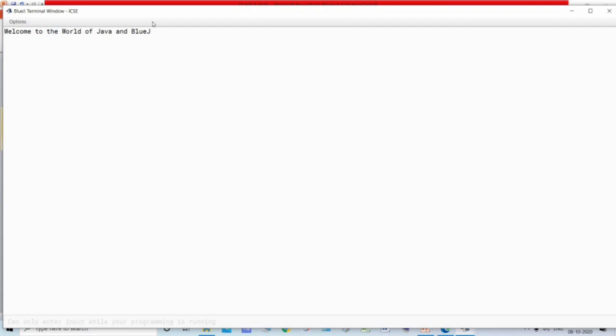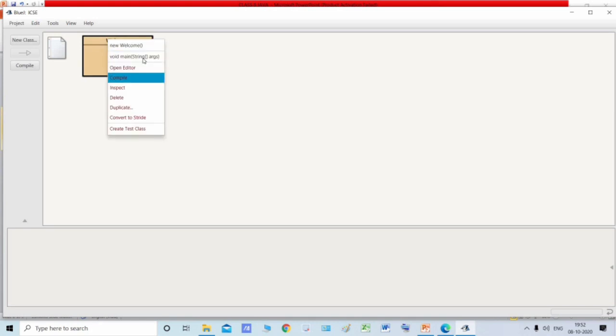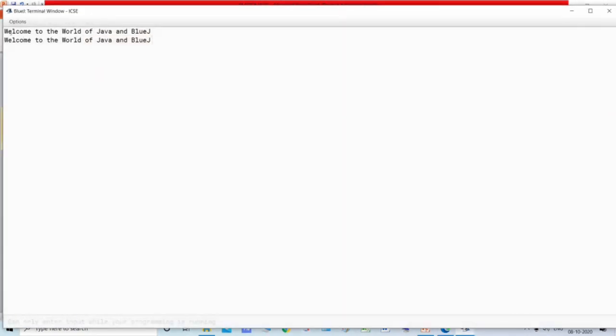Now students, when you run your program again and again, please go to the options button and make sure that this option is checked: clear screen at method call. If you don't check it, see, right now I have unchecked it, then when you run this program again, this is the previous output and this is the new output.